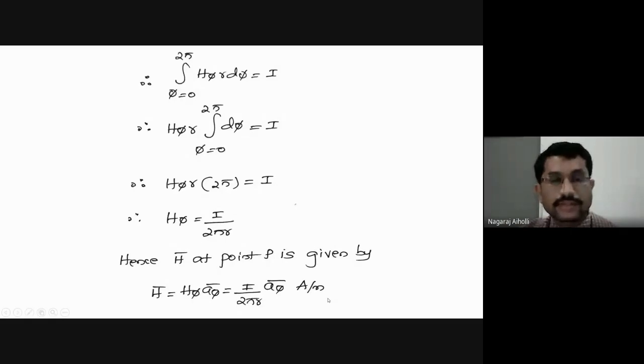So you have to be very much clear here. The Biot-Savart law derivation of H bar is different from the derivation of H bar using Ampere's circuital law. Don't mix up one with another. You have to be very clear about the steps for using Biot-Savart law and the steps for finding H bar using Ampere's circuital law. So please practice the derivations and make them perfect so that you'll be able to clearly differentiate between the Biot-Savart law steps and the Ampere's circuital law steps.